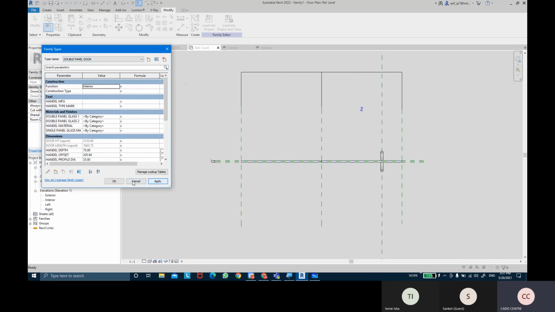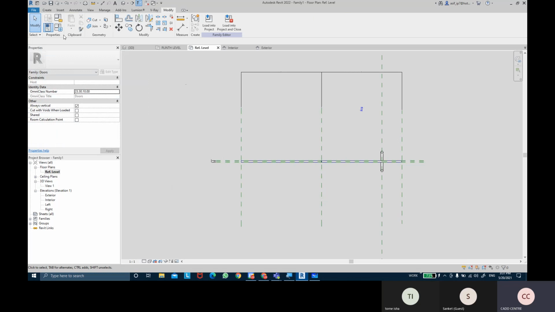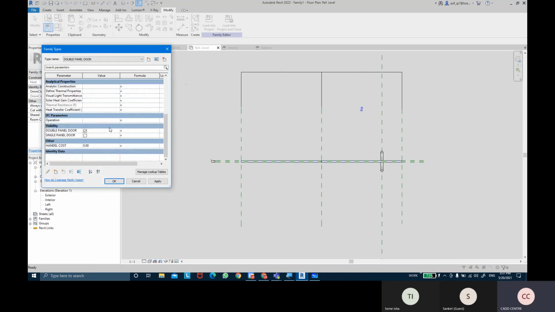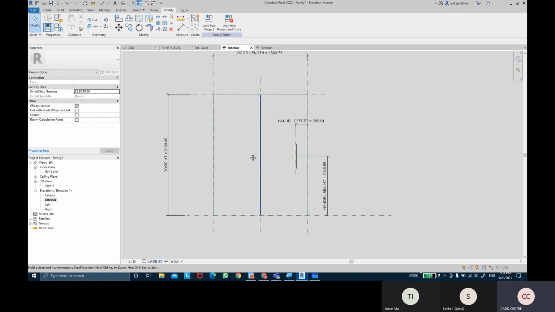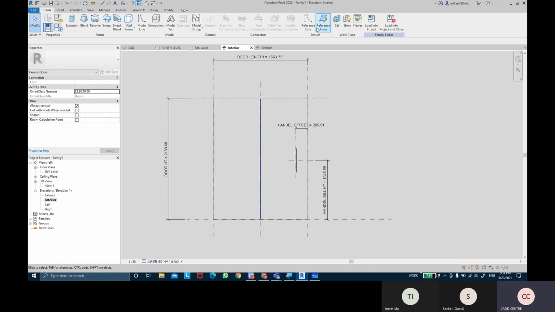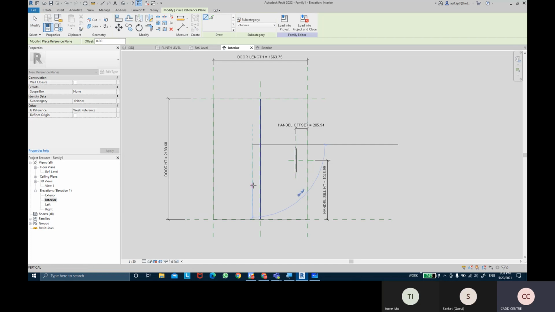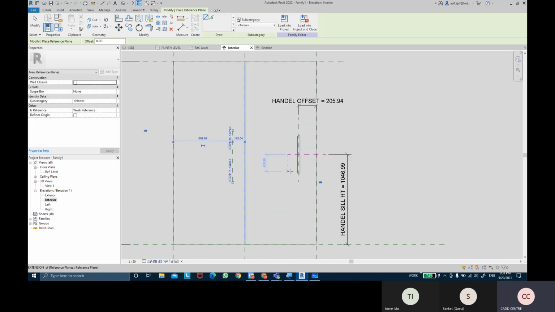When I'm applying a double panel door, we're going to first create the interior view. I'm going to create the reference planes first.